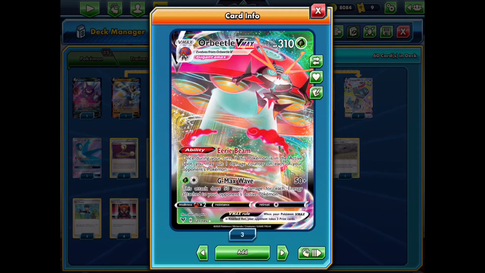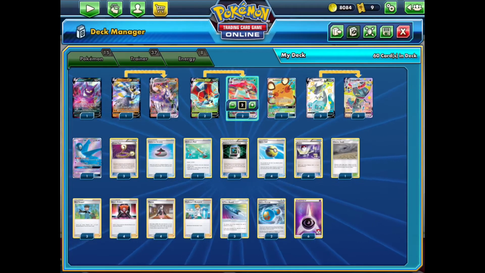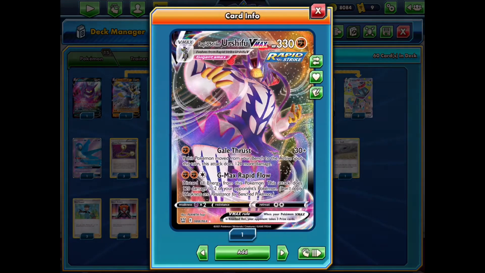And then furthering that, comboing with it even further, we have the Urshifu VMAX here. A lot of people have been playing this with Dragapult, but we've cut it down to a 1-1 line so that we can put Orbeetle in, and still making use of this so that we can cover our weaknesses against Eternatus. But in general, since we do have so many switching cards, it just makes sense